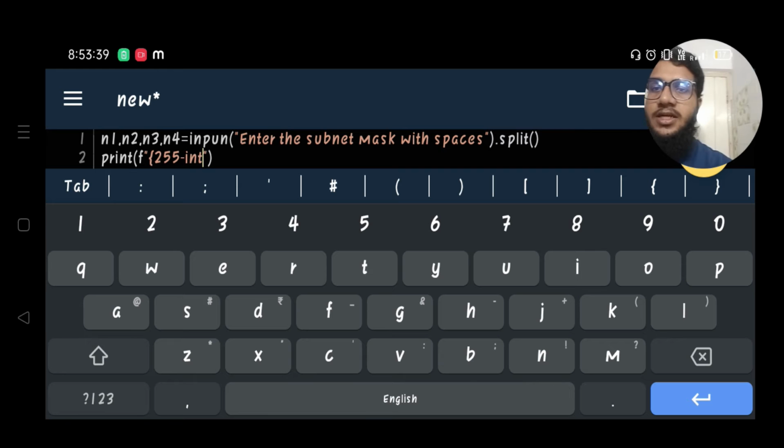So I have to make this int of n1, bracket close, then the curly braces also close.